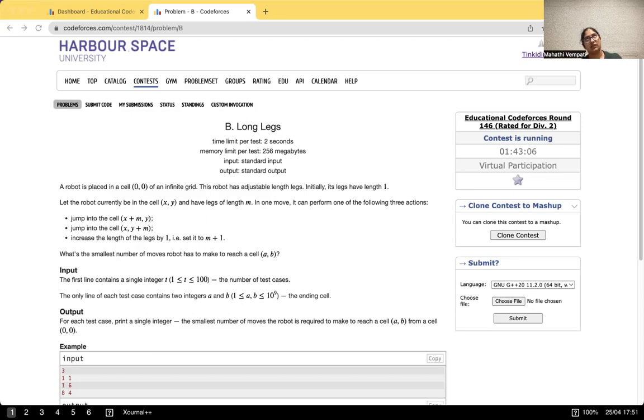Seems to me that whatever the minimum, except for like edge cases, whatever the minimum distance is between the two, you spend, oh,